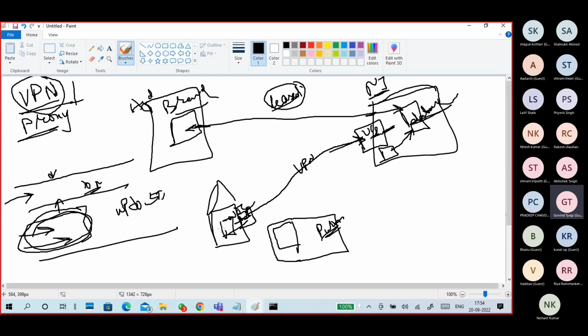So first, this user sends a connection request. The VPN server verifies the user identity, and if everything is good, then it is allowed to access. So while it is allowing access, you are accessing through the internet, right? So the internet is very dangerous. Internet is very dangerous. Anybody can